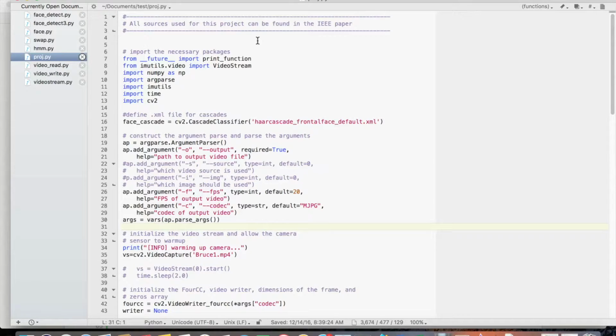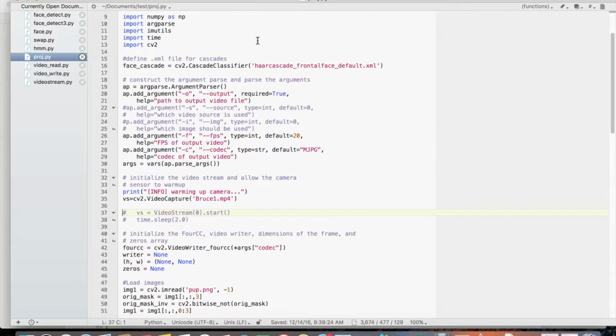So then we're getting into the actual code. So I'm defining VS as my video capture. So you can either use like a preloaded MP4 file, or you can even use the video stream from the webcam if you just put a 0 in the argument. Right now we're using an MP4 file, and then a little more compression algorithm setup. We're going to be using the MJPEG,